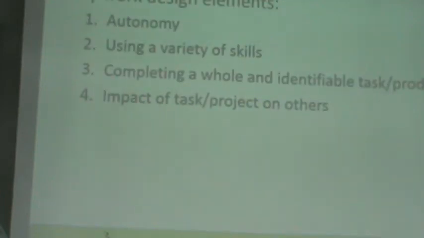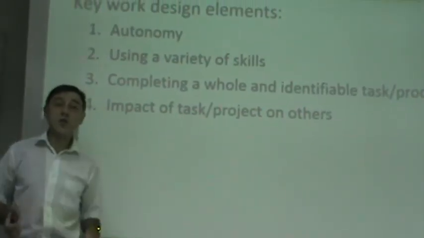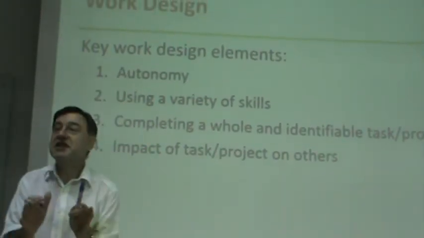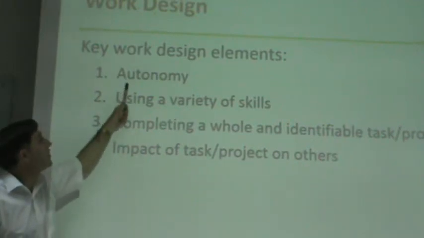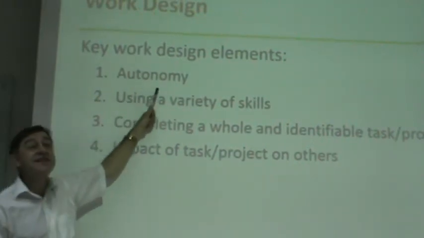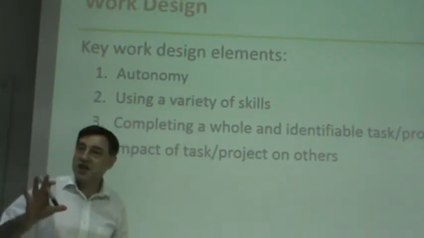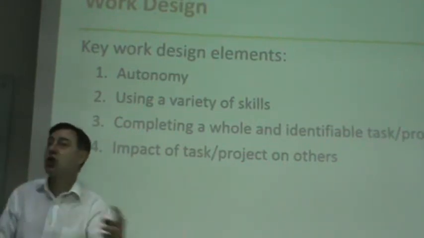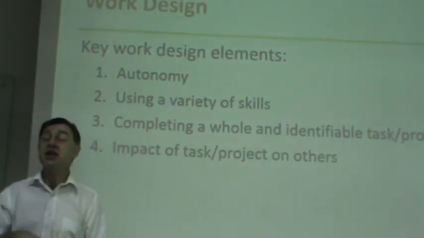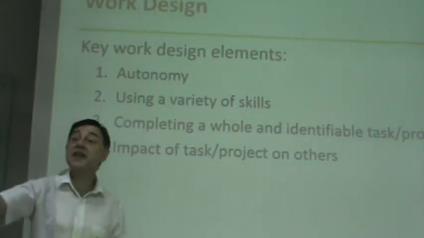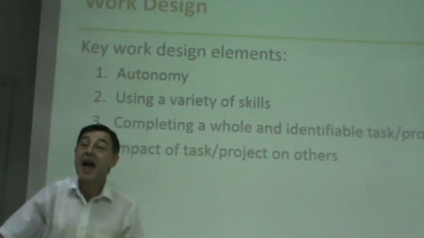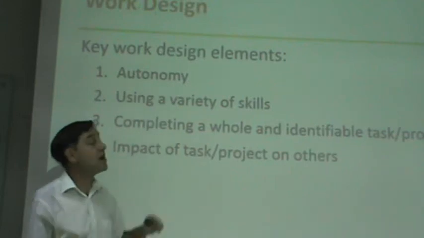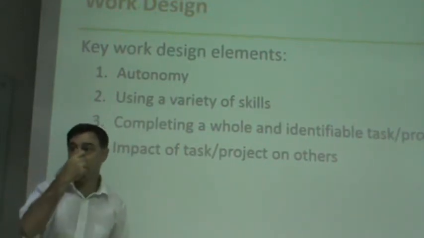Let's see what else we got for today. We got key work design elements. So when you design the job, you want to give these people autonomy. Autonomy means independence. You just tell them the task and let them do whatever they're supposed to do without too much control from the outside, okay? If this is the team, you say who's the team manager, who's responsible for the team, and then you don't interfere and you don't intervene. You let them be independent and they'll do their job, okay?